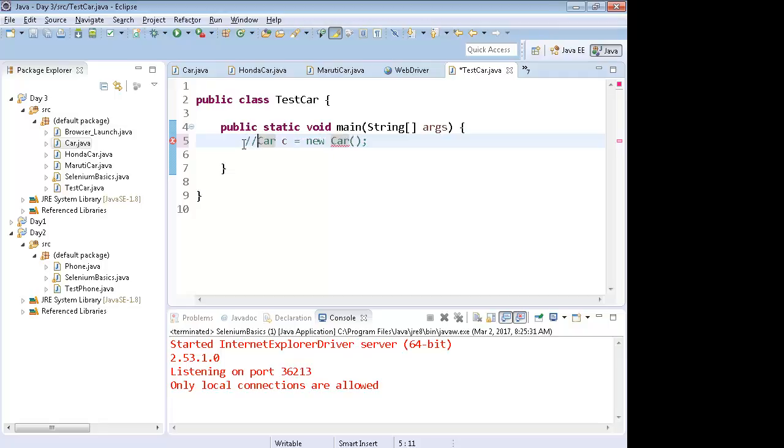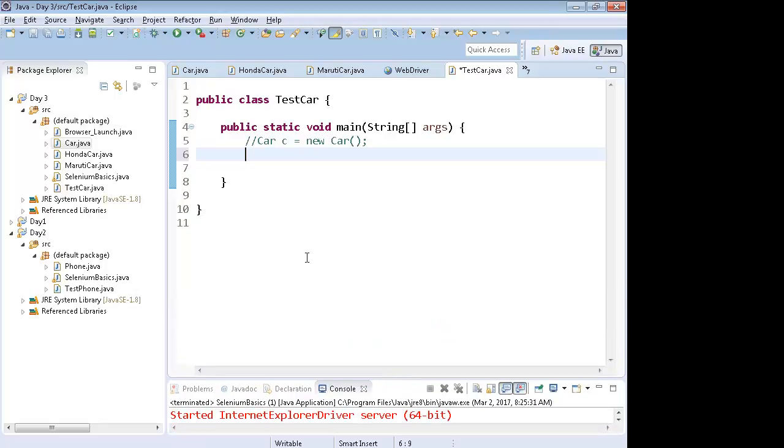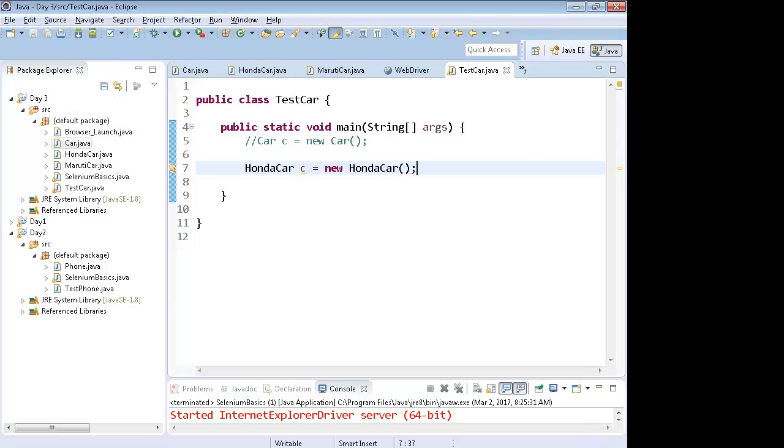Secondly, I can create the object of the implementing classes. I can write Honda car C equals new Honda car, or I'll name it C1.